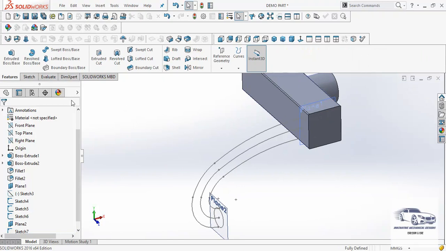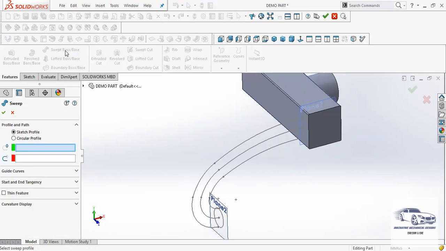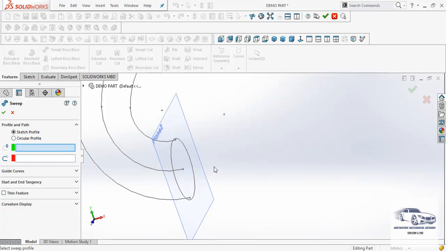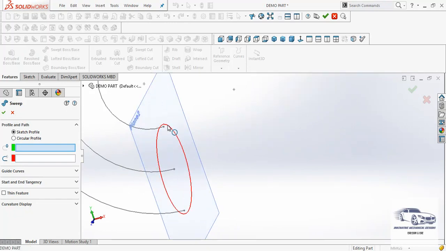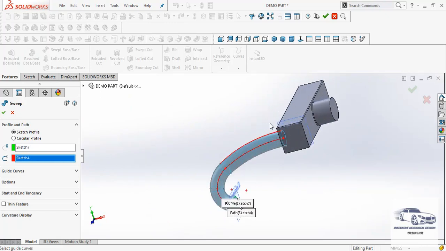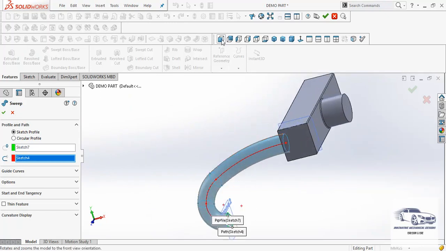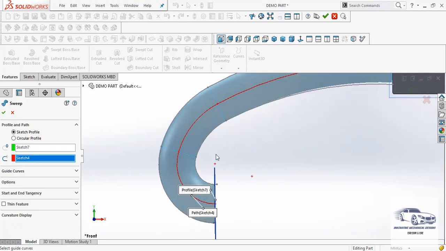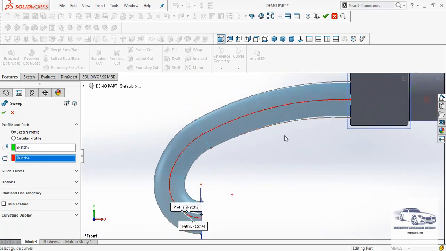Now here we have the swept boss/base tool. Here we first have to select the circle. So I will select this circle first, and then for the path I will select this particular arc. Now as we can see the output we have got. Now let us say I want this contour to properly follow the outer paths also, which I have created as independent sketches.